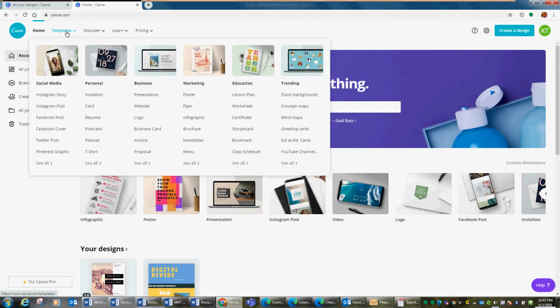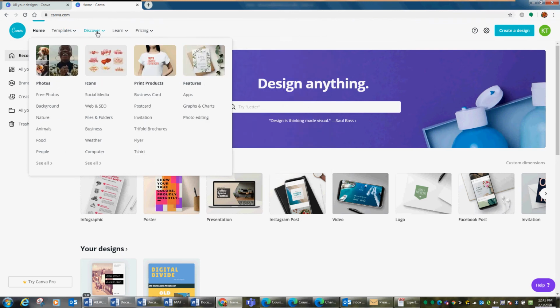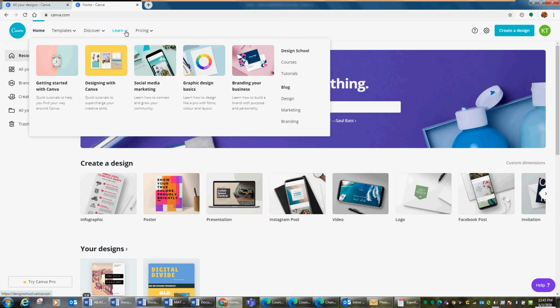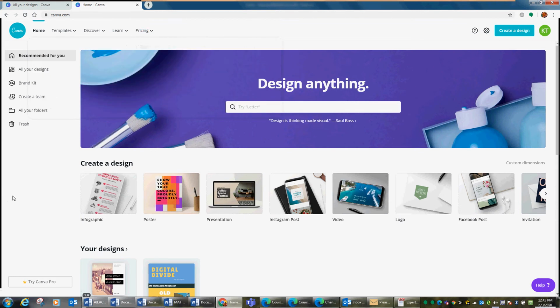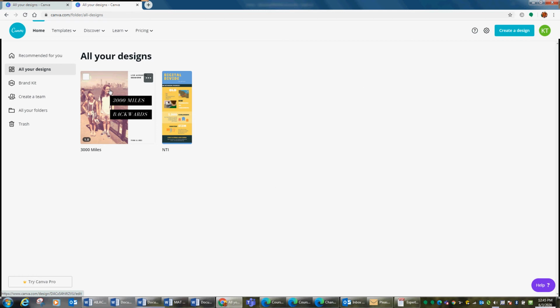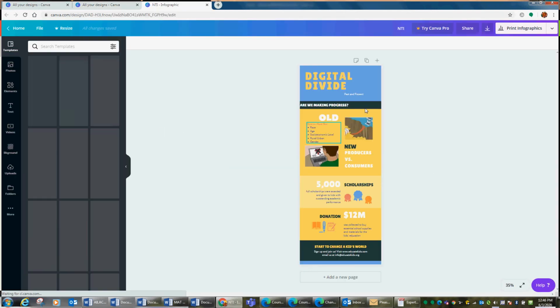As you can see up here again, there's no way I can go through all of this. Templates, photos and icons. There is pricing. The one that we're going to look at, and the one that I have the link for you to sign up for on Moodle, will be the free version of it. All I did was click on infographic, and I started an infographic. You can see one I was playing with several years ago. This is one that I was just working on today that's connected to the assignment that I give you an option to do